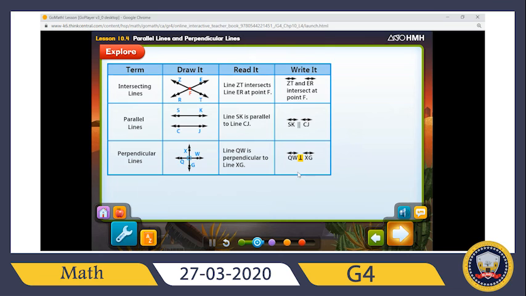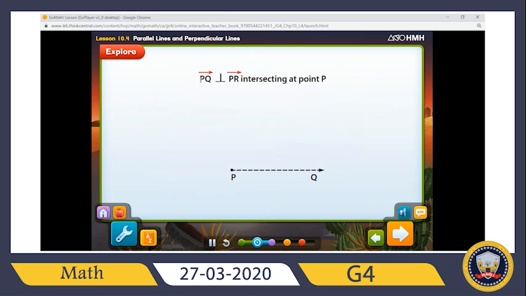How can I show perpendicular? I'll use this symbol to show perpendicular. In this one, I'll say line QW is perpendicular to line XG. Good. Let's check. It's a ray